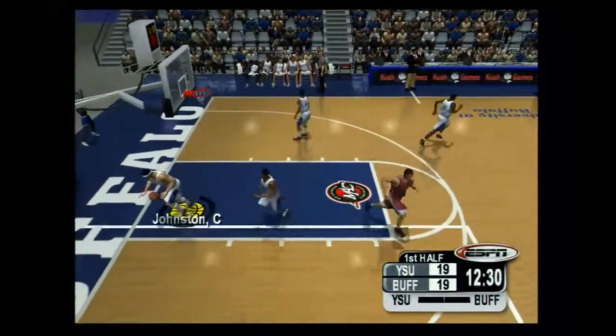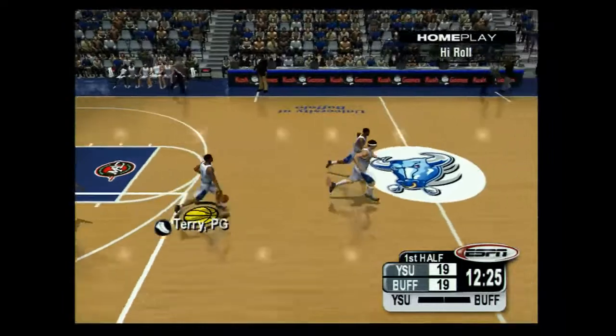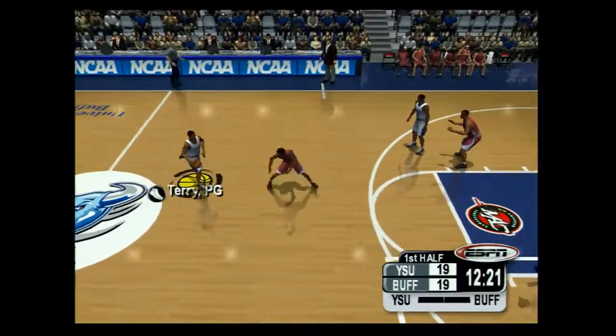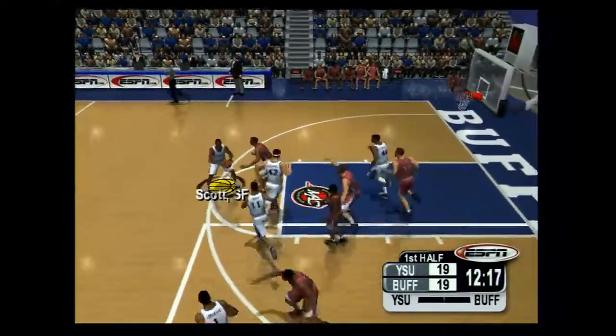One of the great attributes of this kid, he puts the ball exactly where it needs to be, and he gets the assist with that inside feed. He gets you the ball into your shooting alley. Beautiful basketball right there. Inside. Terry up to